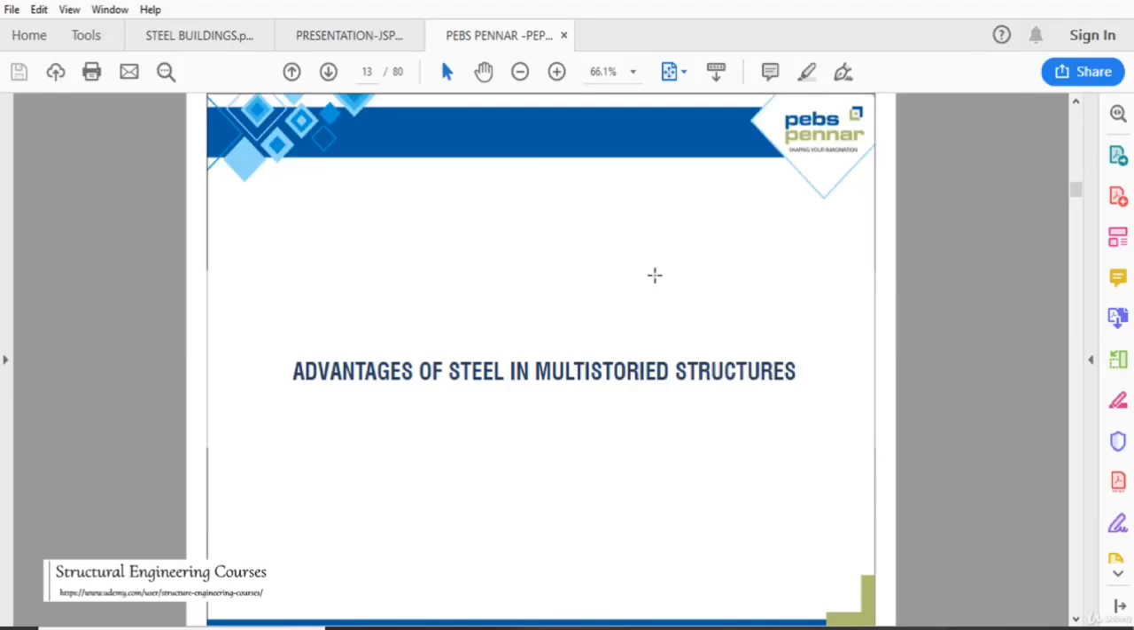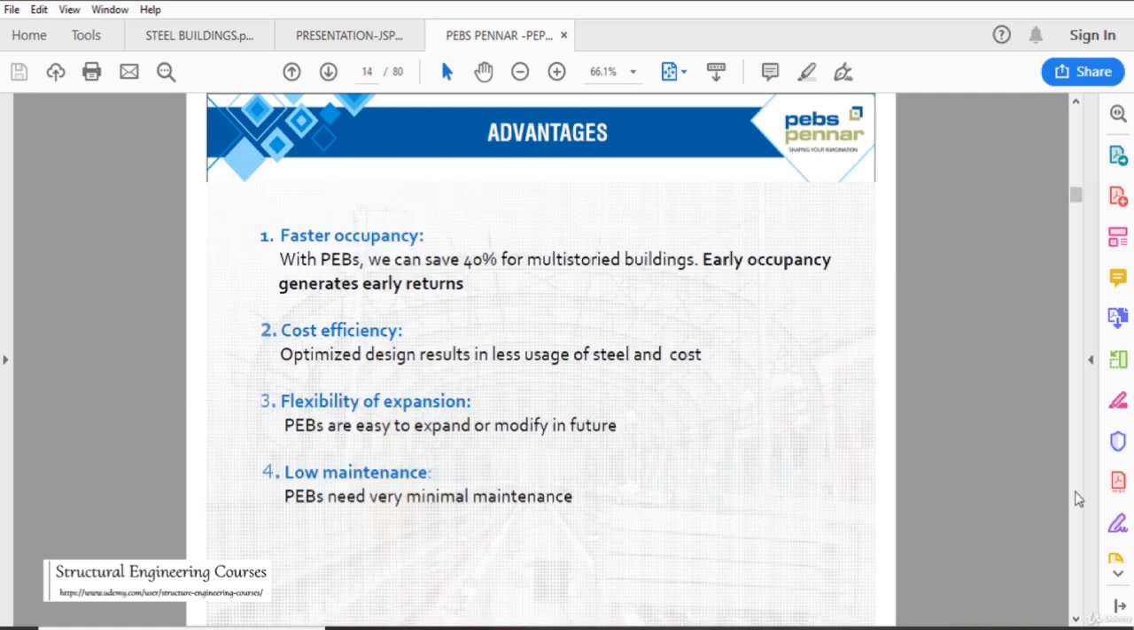I want to give you a basic introduction of what exactly are the practical applications of steel structure buildings and how they are made. This lecture is just to give you a clear idea of what the present practice in industry is for steel structures. So basically, why are we going for steel structures? Because for PEBs, that is pre-engineered buildings, we can save up